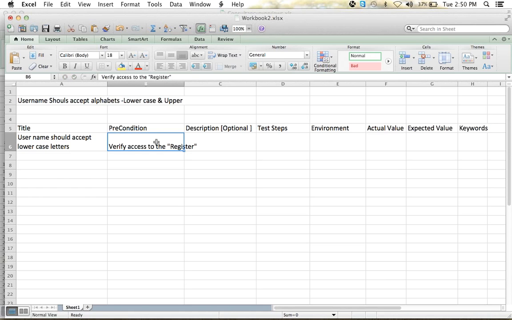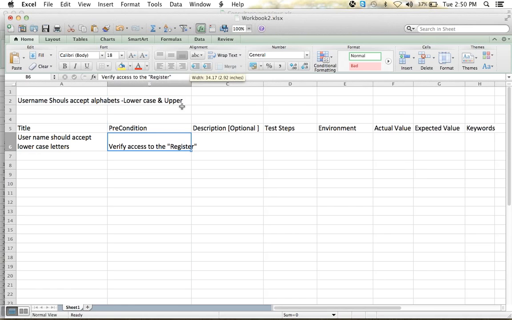Then what does the development team say? You need to have the access, you need to check the access, and only then verify. So for those reasons, we should not simply create a defect. We need to first discuss with the QA lead, and only then create a defect, right? So before executing this test case, you need to have the access. Whatever condition is needed prior to executing that particular test case, we need to mention in a precondition. So precondition is a very important point. It may or may not be there for each and every test case.